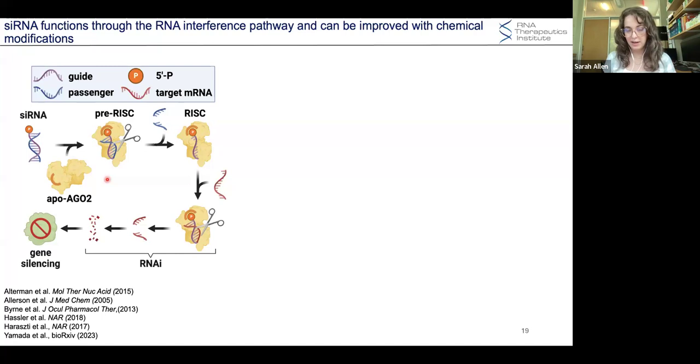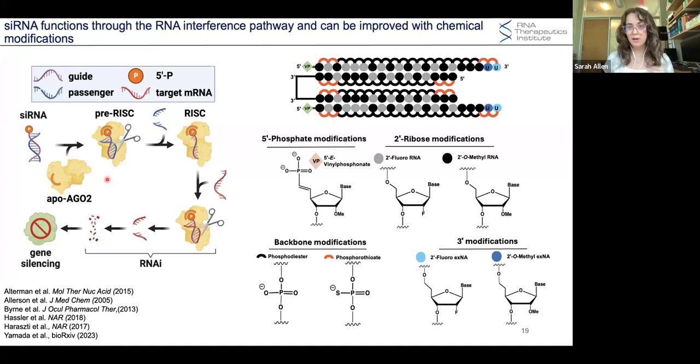So in the lab, in order to better elucidate the impact of Huntingtin, we want to be able to disrupt it with siRNAs. siRNAs function via the RNA interference pathway. They associate with AGO2 to form the RISC complex. The RISC complex then localizes to the strand of interest and cleaves it, silencing the gene specifically at the mRNA level.